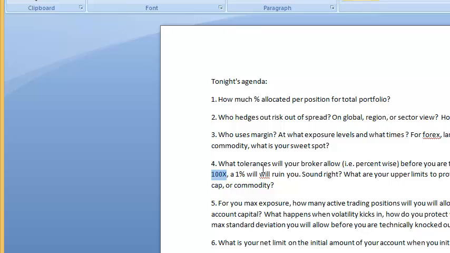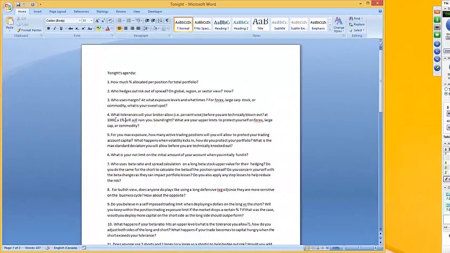Anybody agree with that? It depends on the broker. For example, my broker allows me 400 times leverage. Okay, so would that mean... It really depends, but in terms of the percentage of the drawdown, like 1%, could that take you down? When you use 400, 0.25% can take you down. Yeah, that's what I meant. Okay, yes, it can take you down.